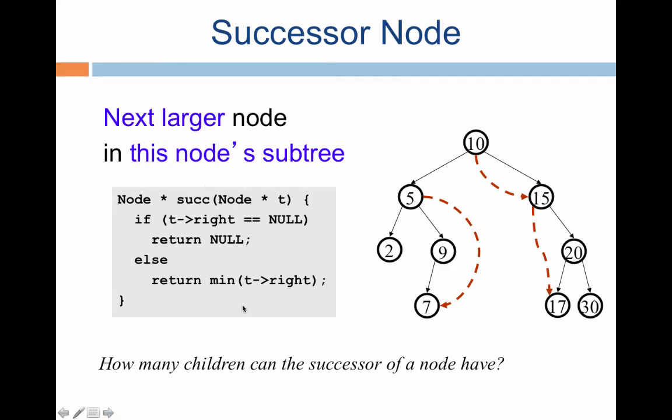So this is a small piece of code. If you want to know the next larger node in a certain node subtree, that is, t is given as a pointer, so let us say it's pointing here, and you have to return a pointer to the node that contains the next larger value. So if the right pointer is null, because you're looking for the next largest value, right, then you say that the current node is the largest. In the subtree, there is no value which is larger. Otherwise, you return the smallest value on the right side. Okay? So that's captured by this particular picture. And for 3 example nodes at 10, at 15, and at 5.